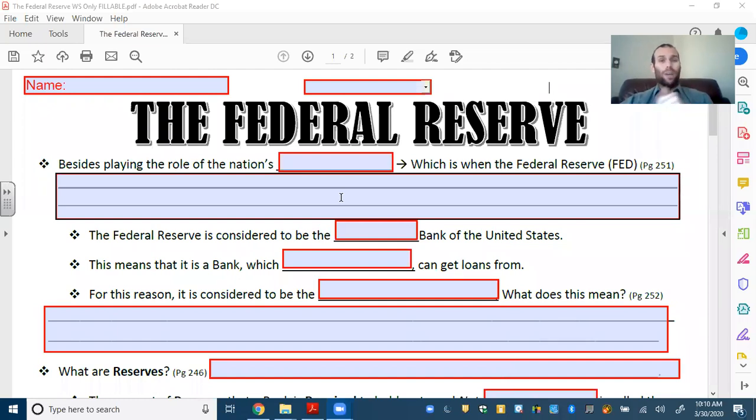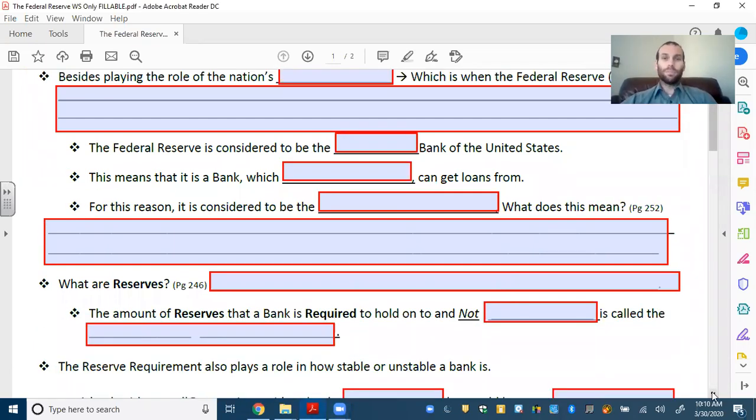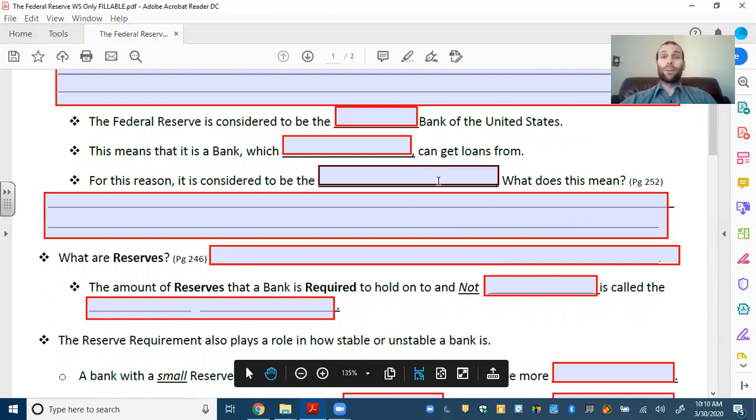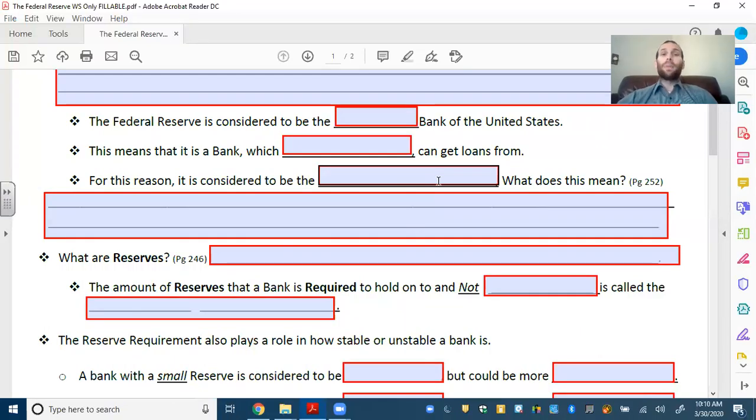We've covered that already. The Federal Reserve is also the central bank of the United States, which means it's a bank to which other banks can get loans from. So when big banks need money, they go to the Federal Reserve. For this reason, the Federal Reserve is considered to be the lender of last resort. That means that up here, you get loans. If Bank of America needs loans from the Federal Reserve,